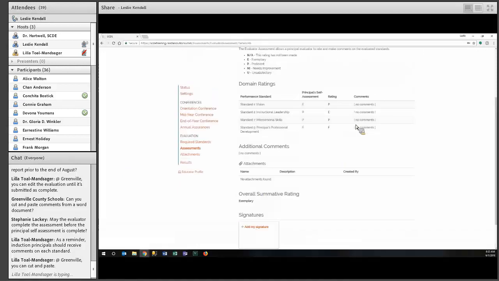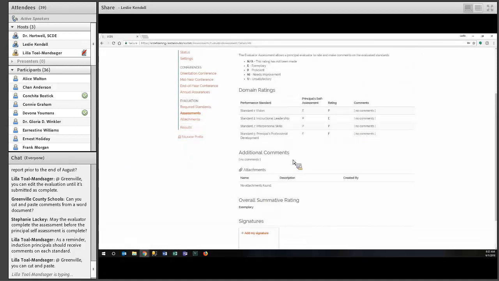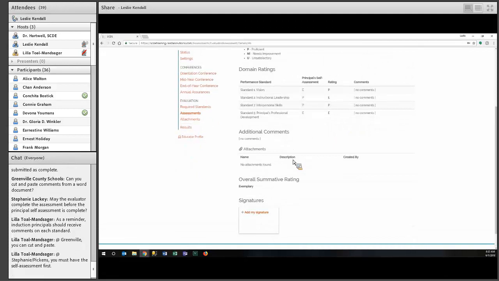The system would allow you to add the comments. There is an attachment section. If that is acceptable with the state team, then you could attach those notes. Again, I would yield to the state as far as what their expectation is there. The system would require a note entered for a rating of unsatisfactory or needs improvement, but if just in general you wanted to attach notes, you could add attachments there.